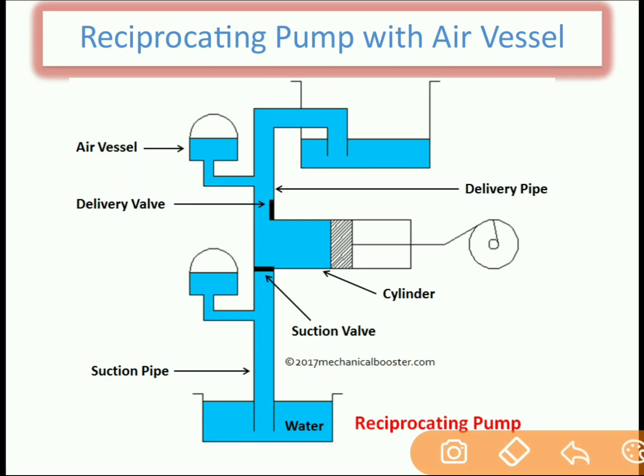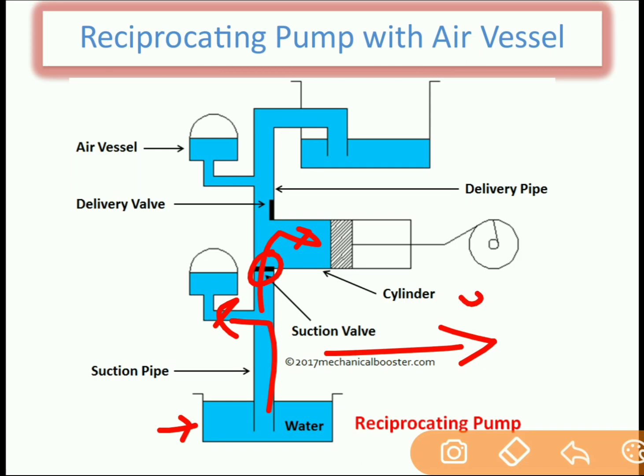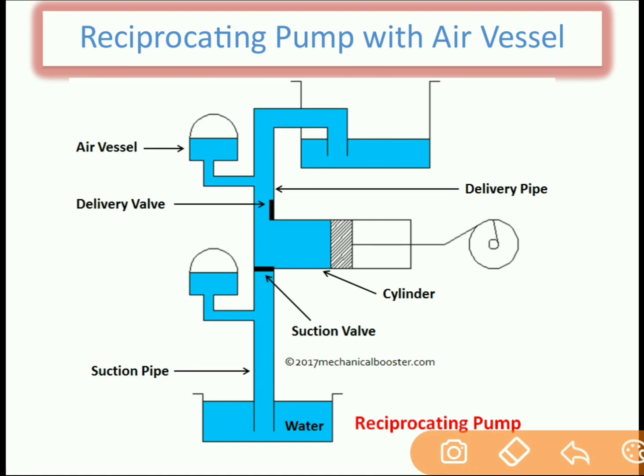When the piston will move towards the right side, suction valve will get open and liquid from the sump will transfer to the air vessel, also to the cylinder. So when the piston will move towards the right side, crank moves from 0 to 180 degree with the help of the prime mover, and the liquid from the sump will transfer to the air vessel as well as to the cylinder. So here liquid is transferred to two parts, first in the air vessel and also inside the cylinder through the suction valve. Now the liquid inside this air vessel is not filled fully. There is some air space over here at the end of the liquid.